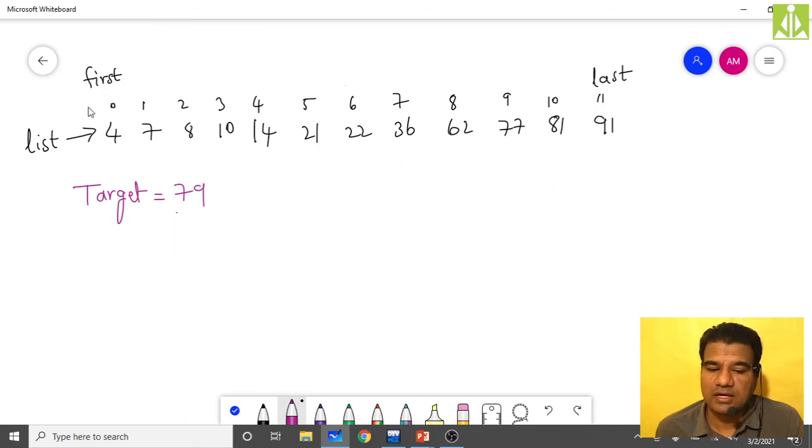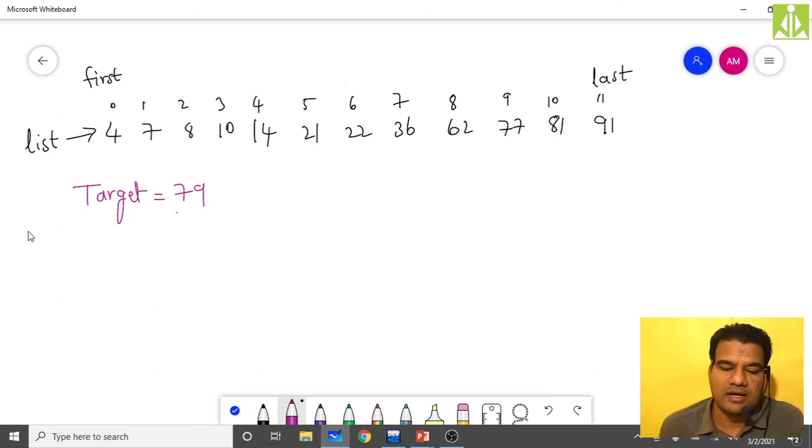We need to perform step by step as we performed in the target found case. We always need to check the first value should not exceed the last value. The last value should be greater than or equal to the first value in all cases. If the first value goes beyond the last value, that means the target is not there in the list. I will show you how.